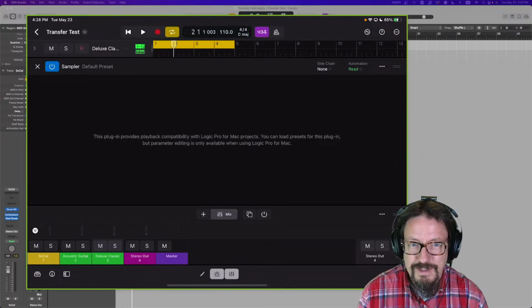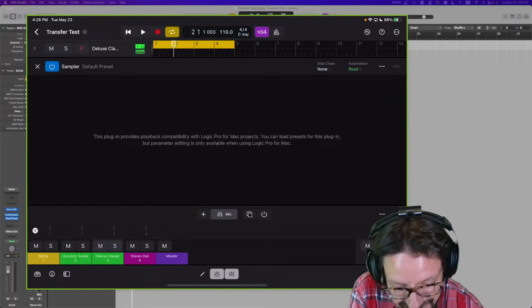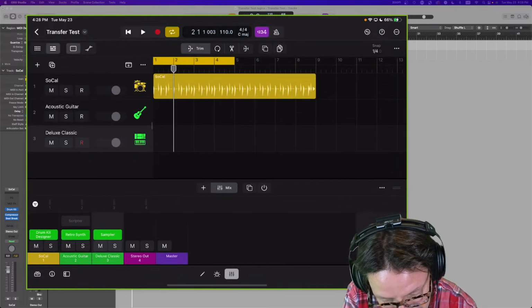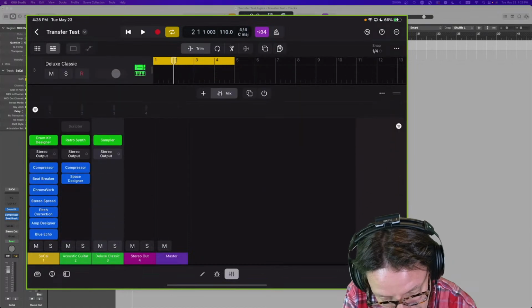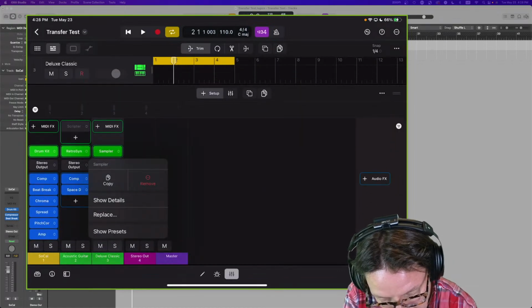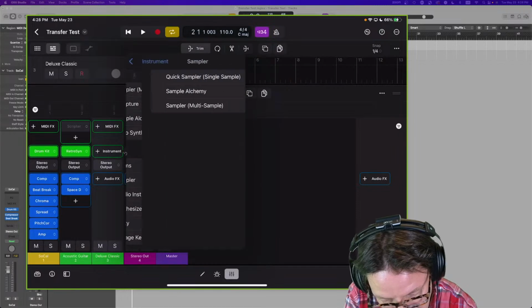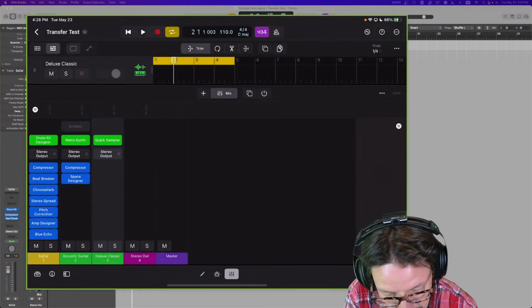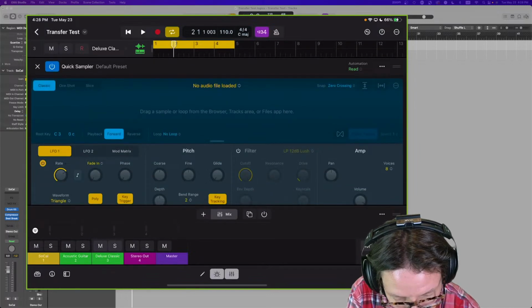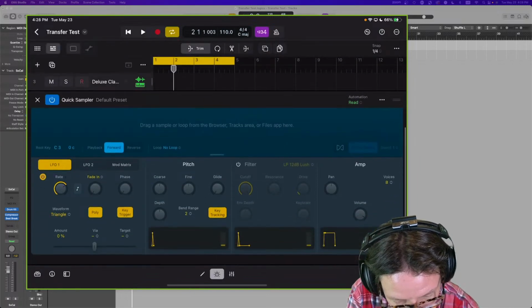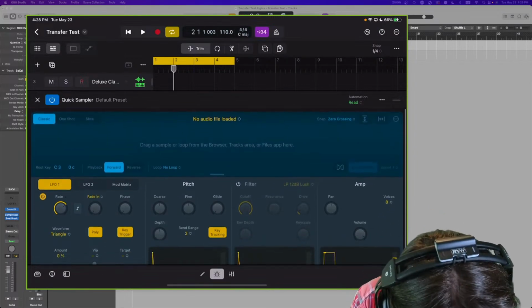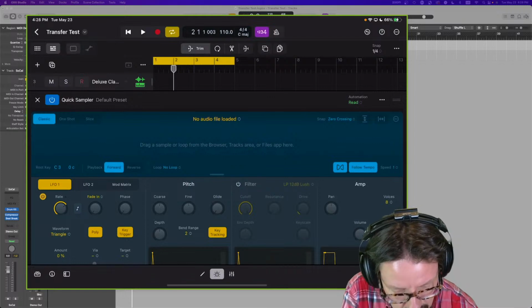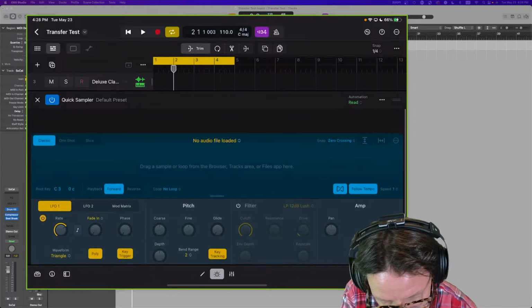But like, what? One of the more important instruments in Logic, in my opinion. Obviously, that's a my opinion thing, but let's do the other sampler and just see, because I bet there's a chance that Quick Sampler could have some stuff. And so we have the Quick Sampler, with the flex functionality and everything. So that looks like it could be